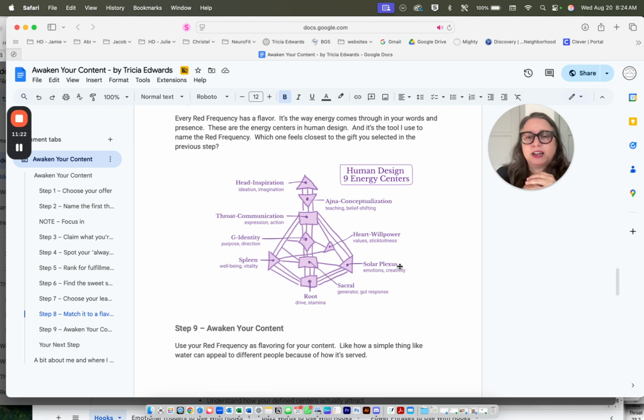And so that slowing down is something that I can do through the solar plexus. And that is about emotions and creativity. And oftentimes things come into the solar plexus. Think of an idea. They come in, woof, all rushed in, and it's a lot at one time. I always think of creativity as like giving birth, and that moment afterwards where you've still got the drugs in you and you're happy, and you also feel that separation, but you feel togetherness. You feel so many opposites at the same time.